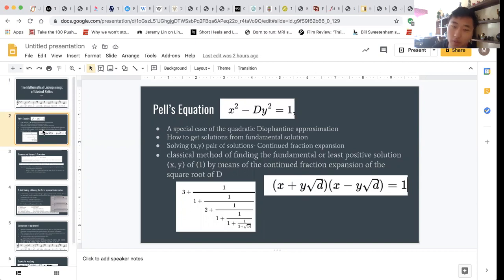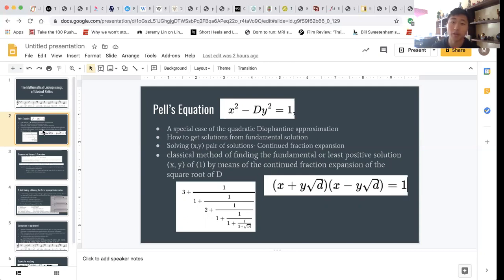Usually we're only presented with one equation, and we want to solve for two unknowns, x and y. The Pell equation is a special quadratic Diophantine equation. We're concerned with solutions for Pell's equation when d is a non-square integer, because if it weren't, there would be no solutions. There's always the trivial solution when x is plus or minus 1 and y is 0, but we disregard that. There's actually an infinite number of pairs of solutions for x and y, and we solve for them by